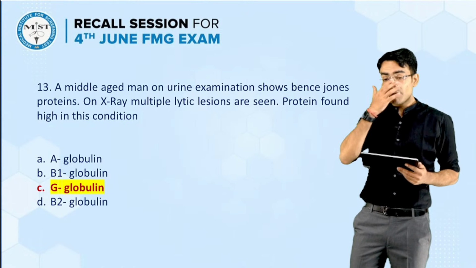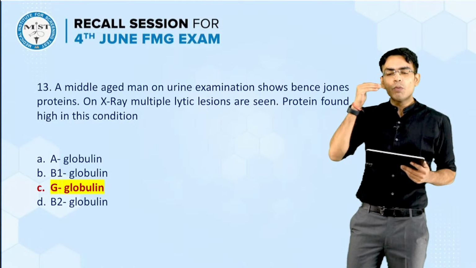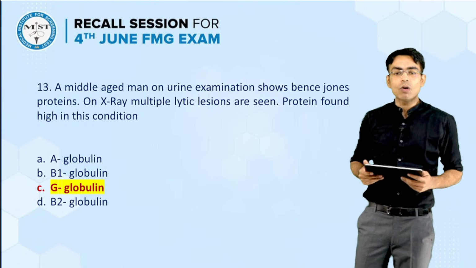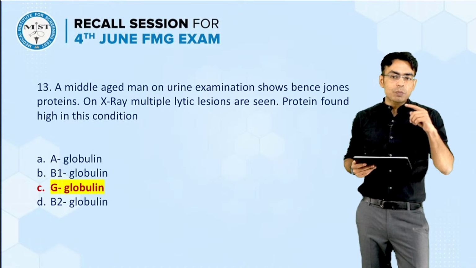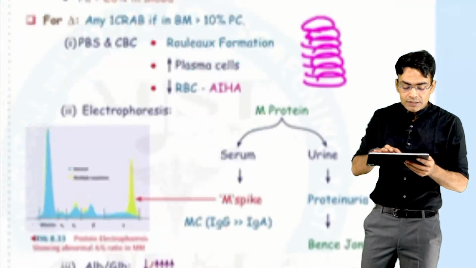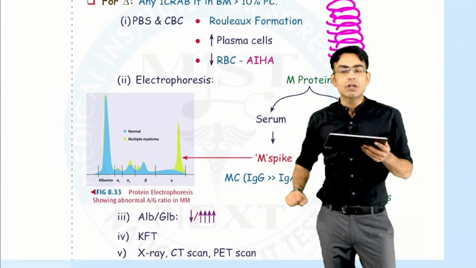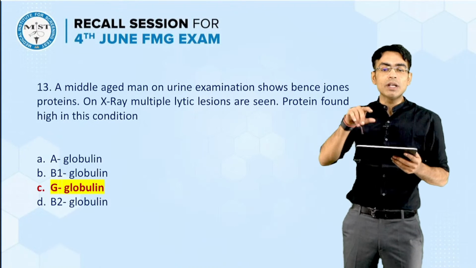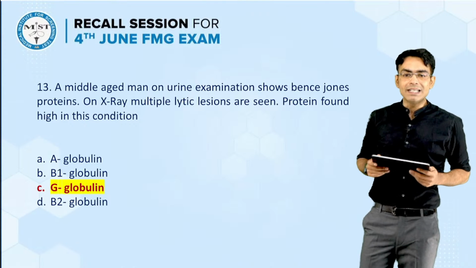In multiple myeloma, we have discussed that there are Bence Jones proteins in the urine. You will see there would be multiple lytic lesions on X-ray. We have osteolytic lesions in multiple myeloma, and we have an M spike over there. And that M spike, we have discussed, happens in which zone? The M spike in multiple myeloma would be happening at the gamma region, because the antibody which you are seeing with multiple myeloma is going to be IgG, and IgG antibody settles on the gamma region. So obviously the correct answer for this question would be gamma globulin.